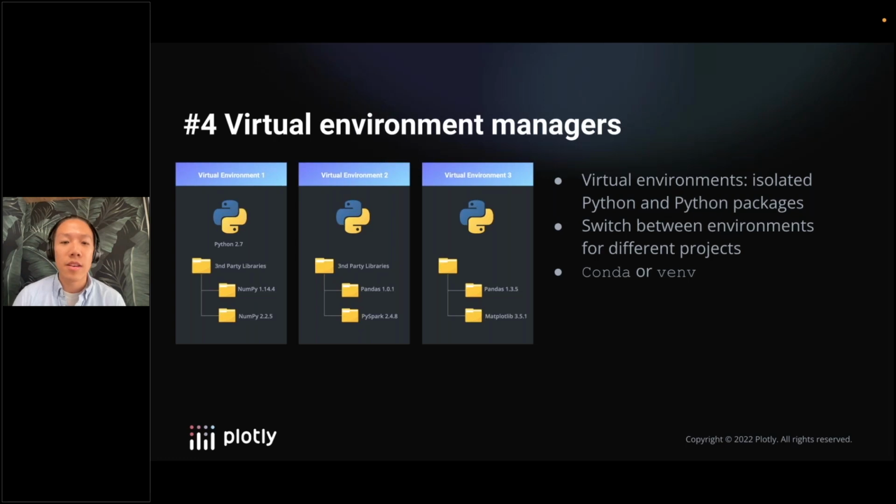So for those of you who don't know what a Python virtual environment is, you can think of it as a folder structure that contains an isolated version of Python and Python packages. With a virtual environment manager, you can keep separate environments with these different versions of Python and packages, and you can easily switch between each one